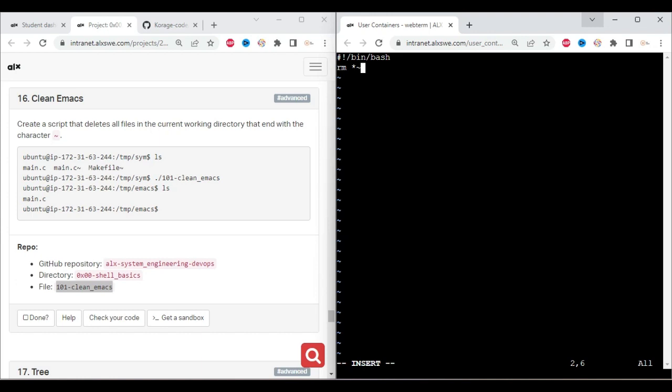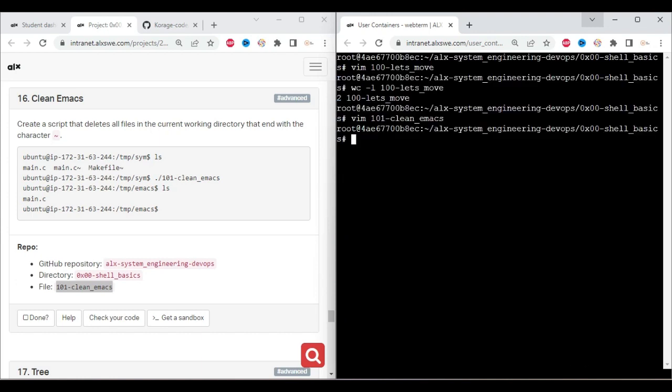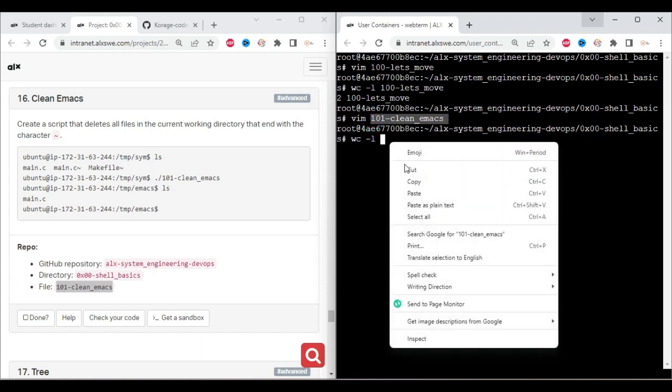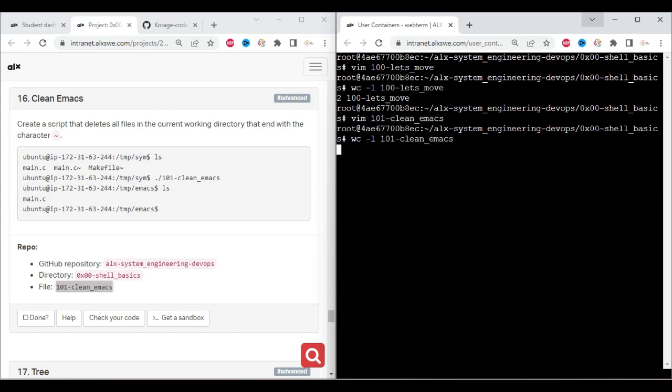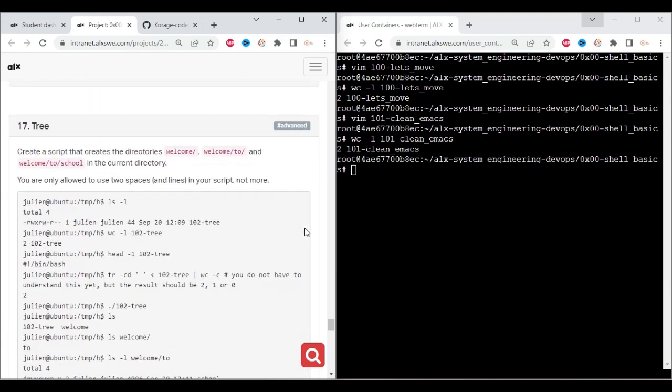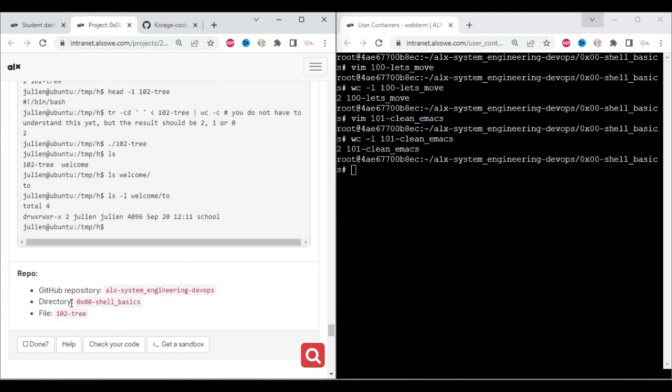Paste. So if we say wc -l, then 101 is clean Emacs. Yes, Emacs was the problem. So we'll keep using Vim, and we'll go back and redo the previous ones and fix them. So say Vim